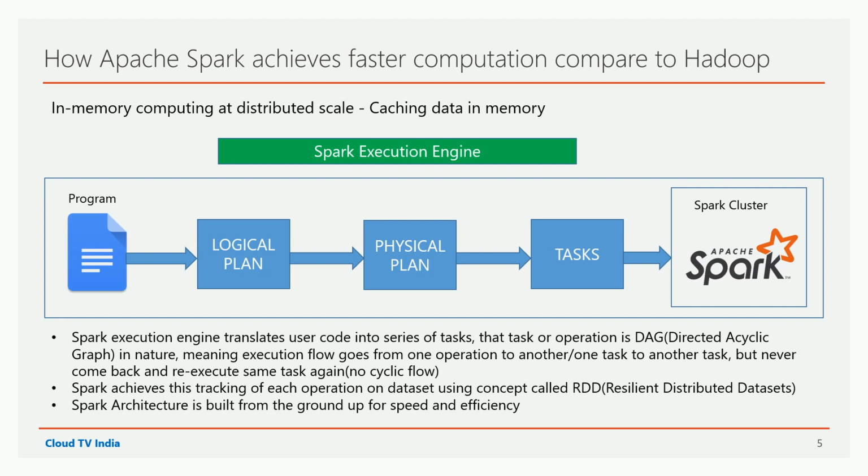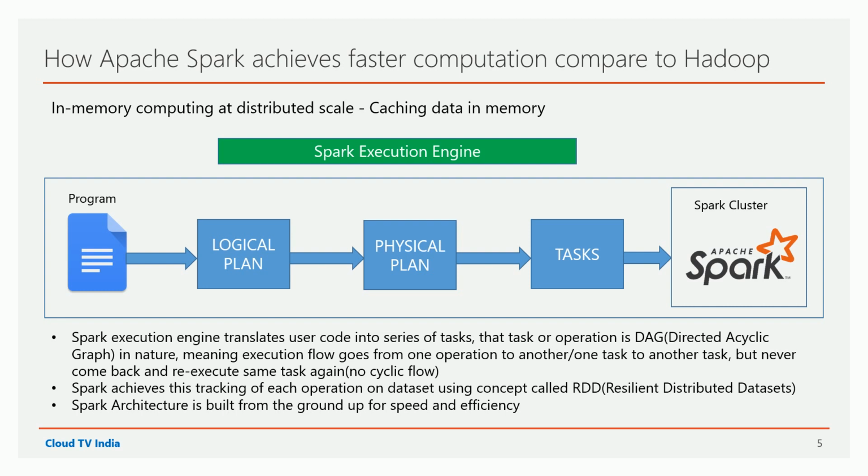That means the flow of execution goes from one task to another task. So it will not come back to the same task and re-execute it. So it is not a cyclic manner, it is an acyclic manner. So from one task it will start and go to the second task, third task, fourth task, and compute the result or store the result into any output storage you specify. So that's how it uses the